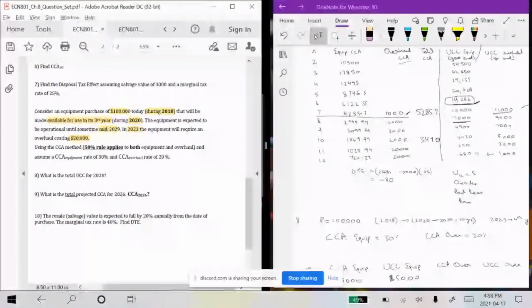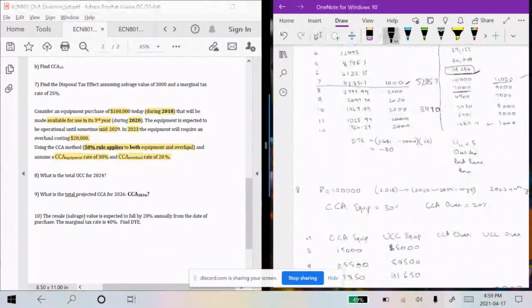In this case, the CCA rate for the overhaul and the equipment is different, so we need to calculate it based on that rate. And the 50% rule applies to both. Okay. So here what I did is the P equals 100,000. And what we need to keep in mind while doing these type of questions is that if